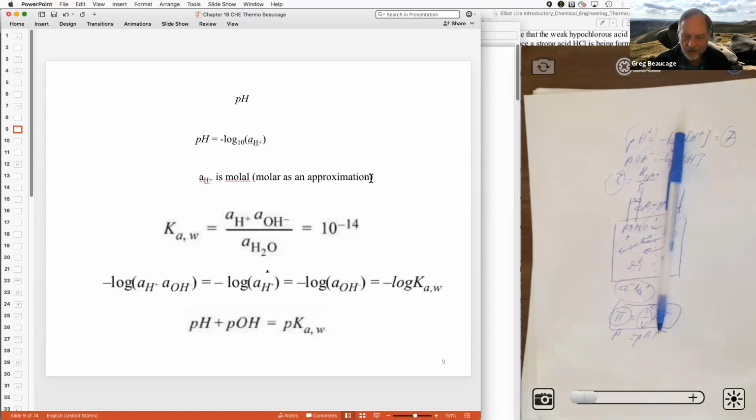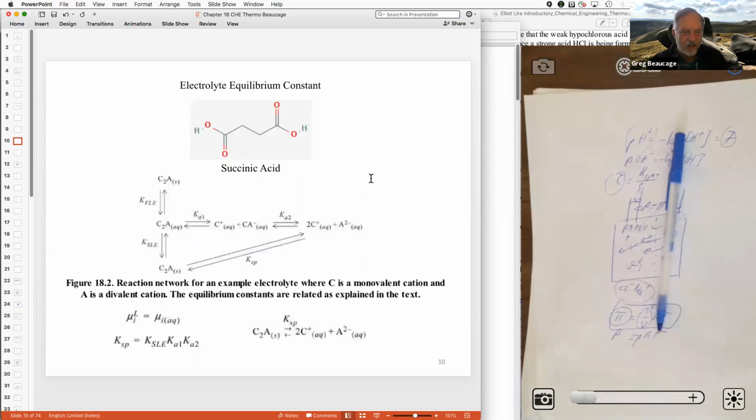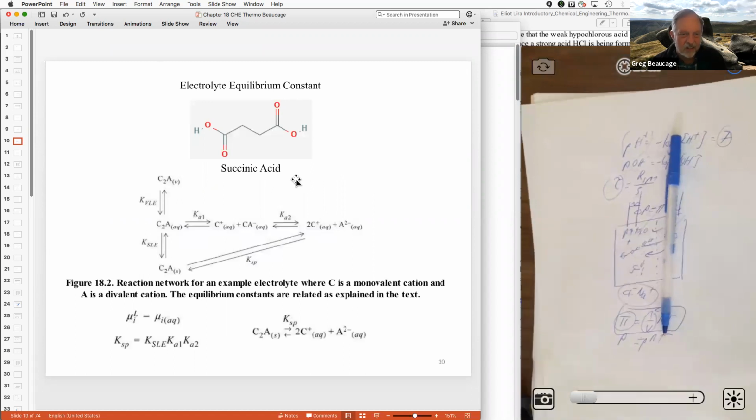Right, so this just shows, for this acid, that it can dissociate twice. It's diprotic. On each end, it's got a proton that it can leave, so it can have this Ka1 and Ka2. It's got two Ka reactions, right? And then